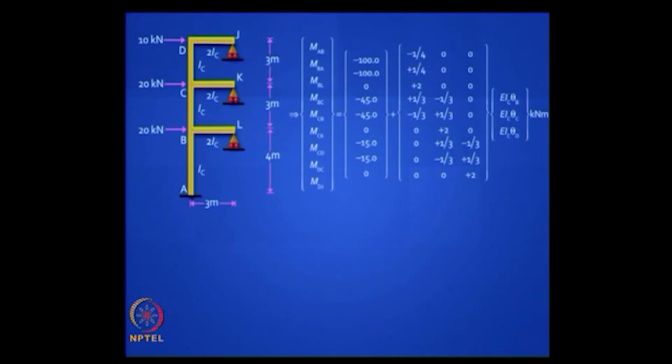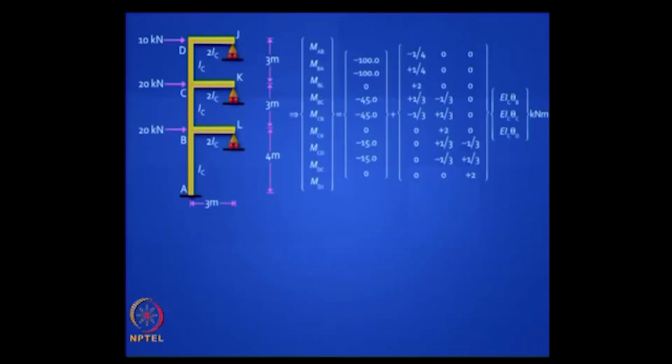You have to write down 3 equations, and they are easy equations because there is no shear equilibrium here. It is all moment equilibrium. What are the 3 equations? The net moment at B should be 0, which means MBA plus MBC plus MBL equal to 0. Right. So you take the second, third and fourth rows in that equation, add it all up, put it equal to 0, and likewise you do for the others,